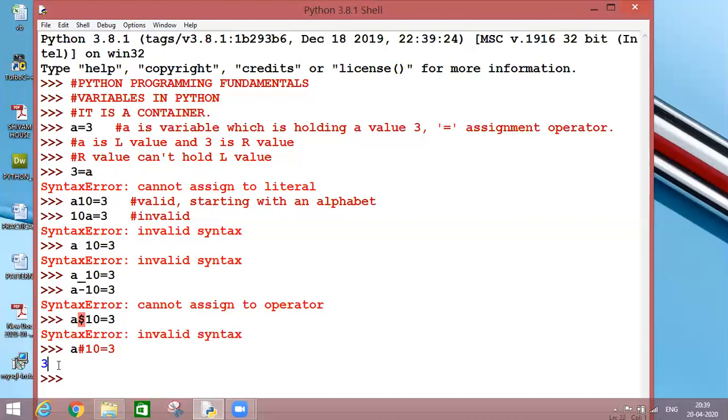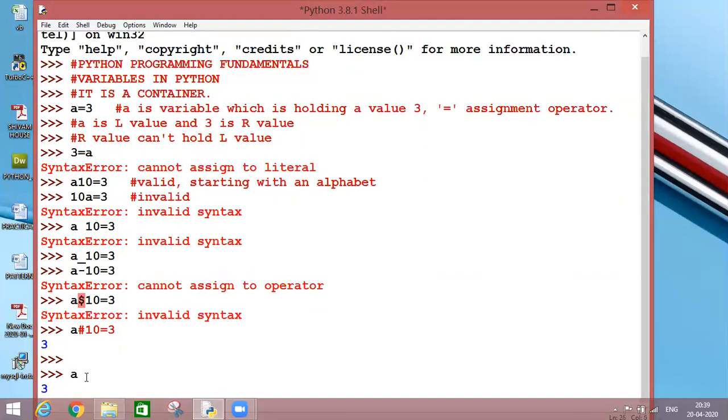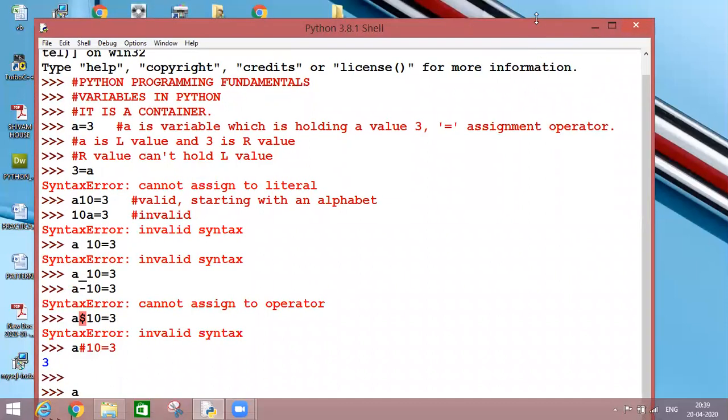So here it is giving me the value of a, basically. Now if I write over here a, I'll get the same result. I hope I am clear with this point.